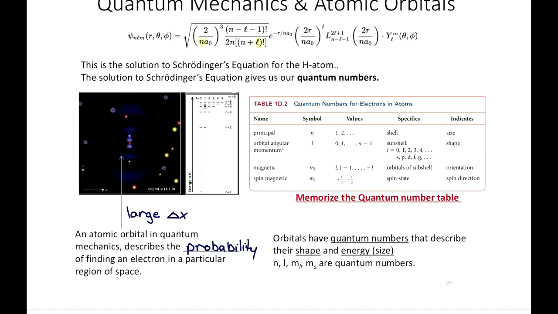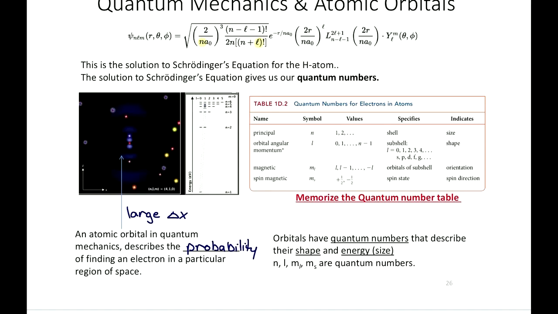Here are the rules for our quantum numbers, and we'll go through each of them: n, l, m sub l, m sub s. All of these quantum numbers, and do memorize this table, talk about how far away you're going to find that electron, what shape is the probability map that you're going to find it in, and then what is its orientation. All of these numbers have significant meaning, and I'll try to relate it in a way that you can apply and determine where you will find that electron in a given place on our periodic table.